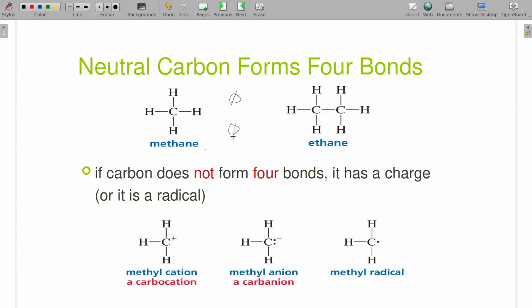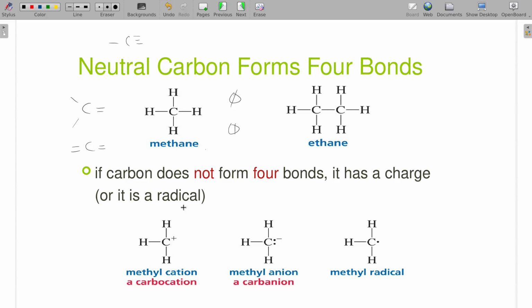Once you start seeing that that is a good and very common way to draw carbon, we can say that it will pop up anytime. Anytime you see carbon with 4 bonds, it doesn't matter how we make those 4 bonds, you're going to have a formal charge of 0.